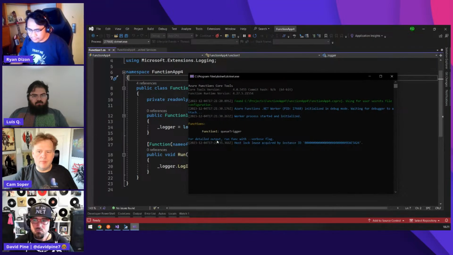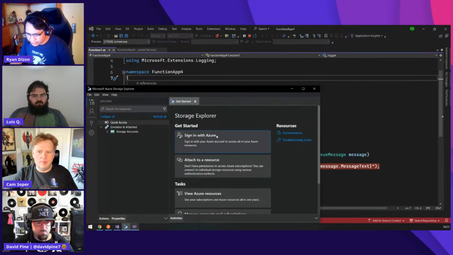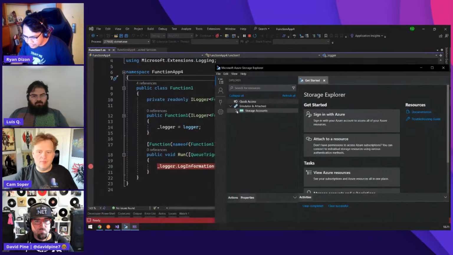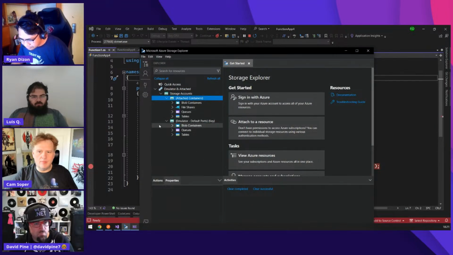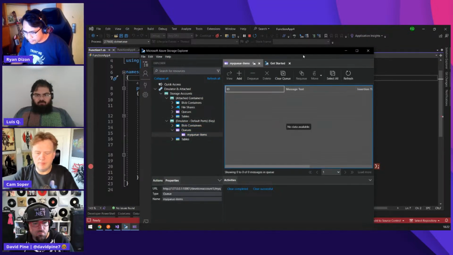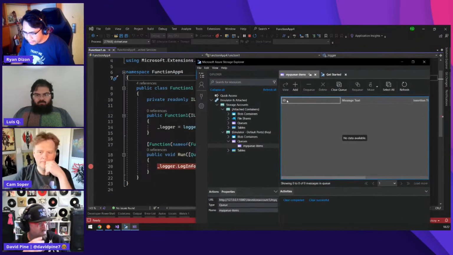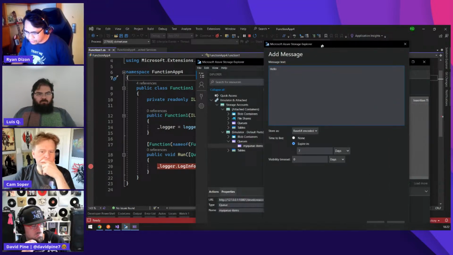So here's the first trigger that we have. Actually, I forgot to add some breakpoint here, so we can check the message here. So if I add some message here, let's say hello, that function will be triggered by this